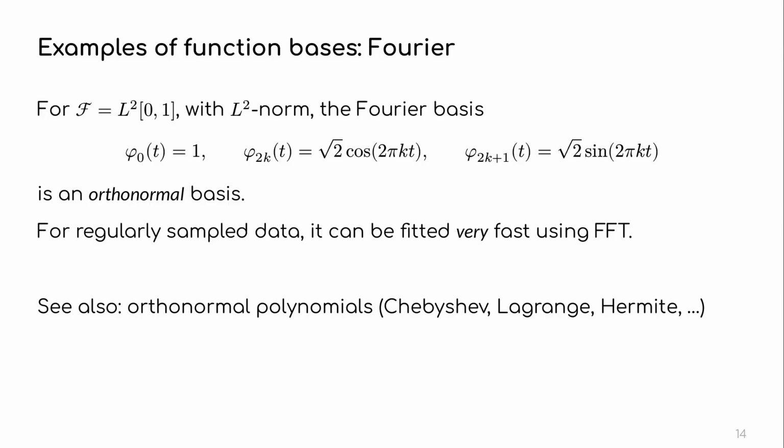which is really nice because it's orthonormal, which also makes it really easy to use this basis and compute the coefficients. And in fact, if you have regularly sampled data, then we can fit with this basis using FFT, which is really fast. Normally it would be a linear solve, a least squares problem, to compute the coefficients, so more like O(n squared), but using FFT, it's n log n. So if speed is a concern for you, the Fourier basis is usually pretty nice.